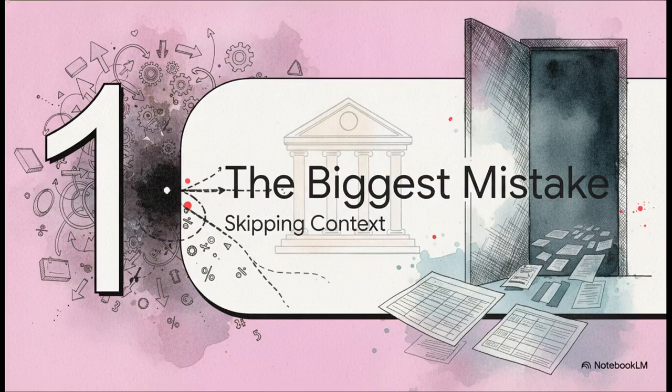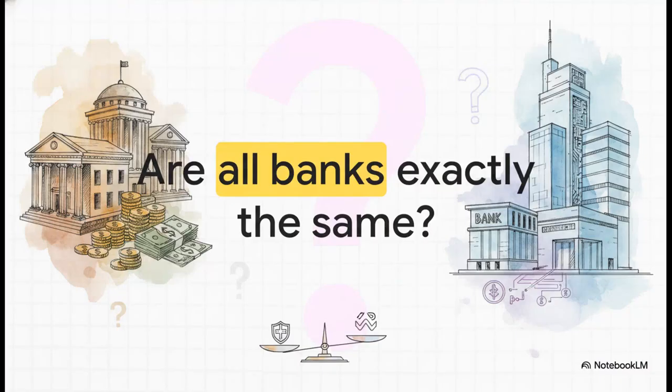Section 1. The biggest analytical mistake? Skipping context. So many amateur analysts fall into this super dangerous trap. They jump straight into the spreadsheets and the profit margins the exact second earnings are released. But before you force a conclusion, you have to stop and ask yourself a really profound question. Do you just assume all banks operate under the exact same rules? Like, do you assume a bank is just a bank and money is just money? Because honestly, if you do, the market is going to take advantage of you.